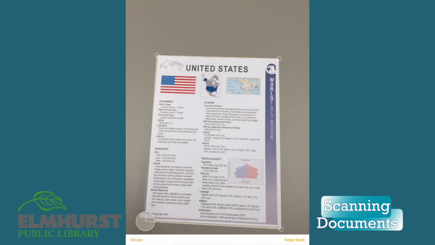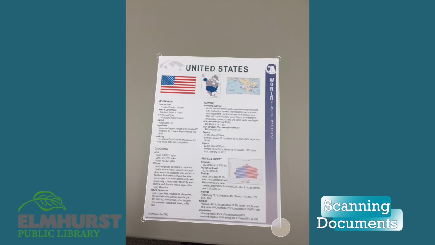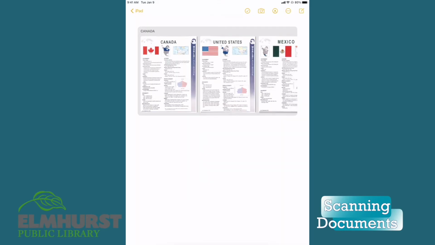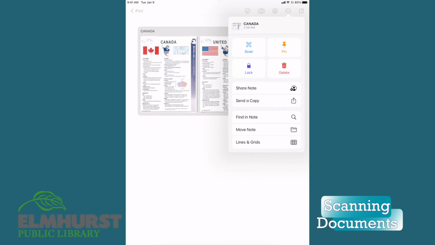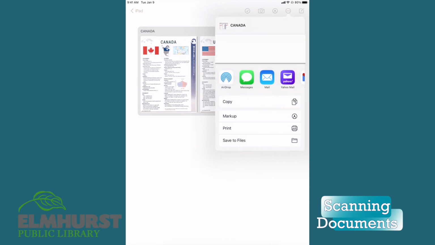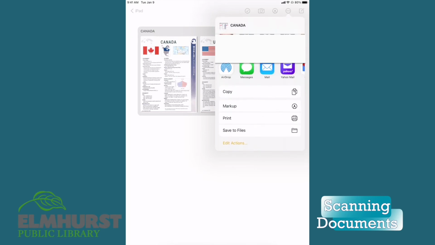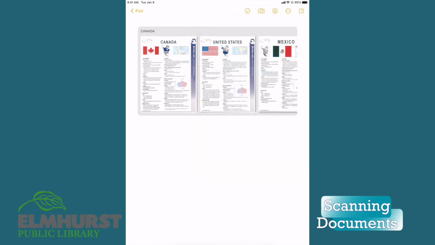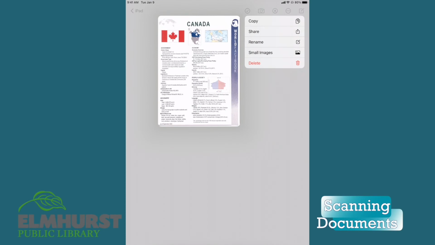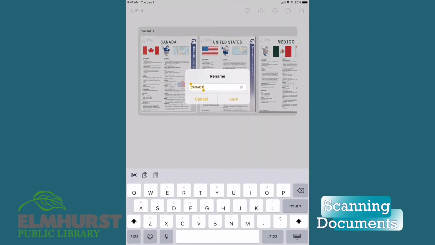Once you're finished scanning the documents, they will be saved to your notes, where then you can save them to your Files application or simply share them via email or message. Before I send the scanned documents along, I might want to rename it. So I'm just going to tap and select the document and choose to rename the file. I'm going to rename this so I can recognize it and also find it when I go to save it